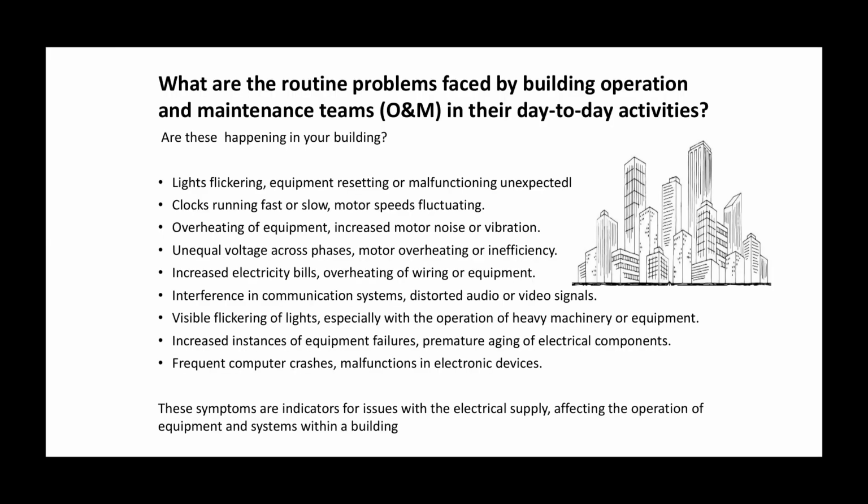You have a busy routine if you are facing the following issues listed below: lights flickering, equipment resetting or malfunctioning unexpectedly, clocks running fast or slow, motor speeds fluctuating, overheating of equipment, increased motor noise or vibration, unequal voltage across phases, motor overheating or inefficiency, increased electricity bills, overheating of wiring or equipment, interference in communication systems, distorted audio or